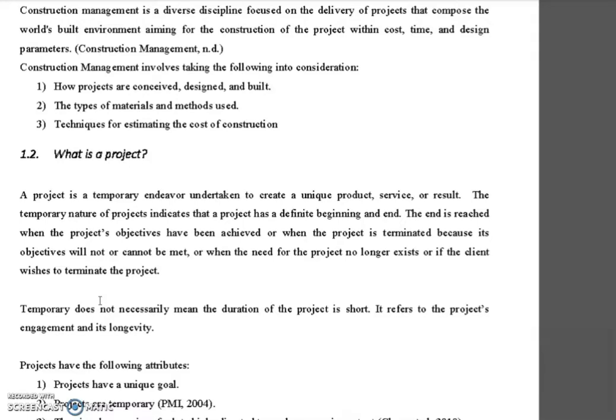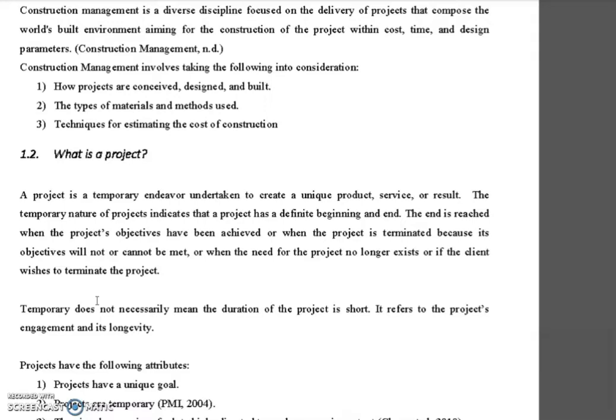So there are two types of termination, or sorry, the end of the project or completion of the project. Either we finish the project and achieve the goals of the project. We complete the project, we achieve the objectives of the project. This is number one. Number two, maybe we will not continue this project. So they call it the termination of the project. We will terminate this project, whatever the reason might be.